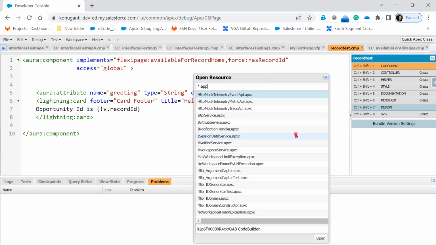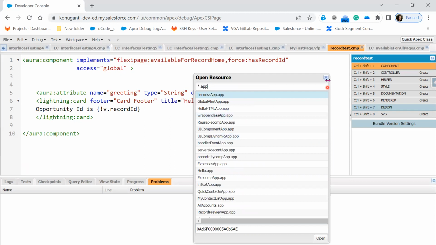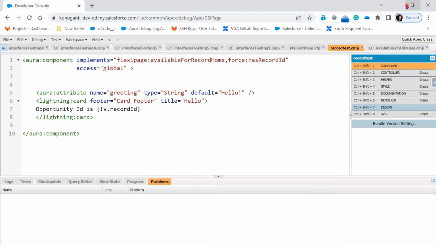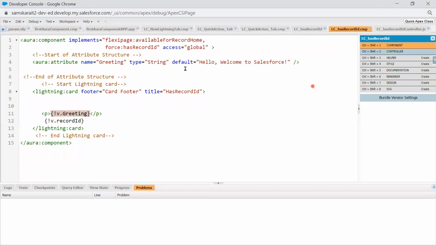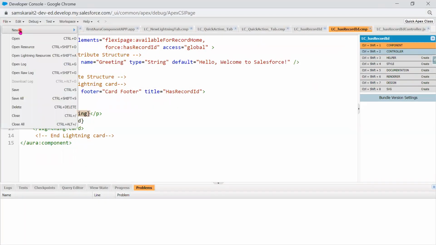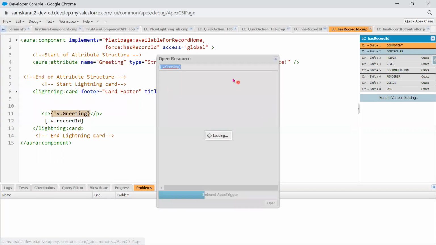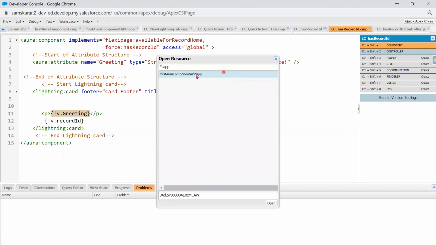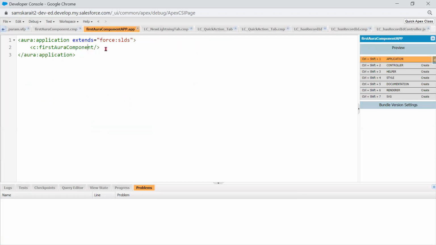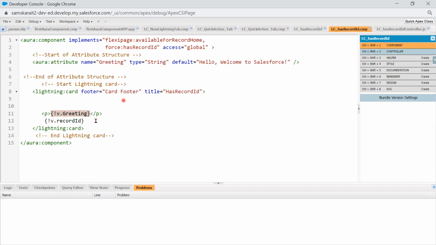We have already created a Lightning app, star.app, first Aura component. We did this, right? I think last week. Yes. So same thing, if you want to call it, you can call it, but